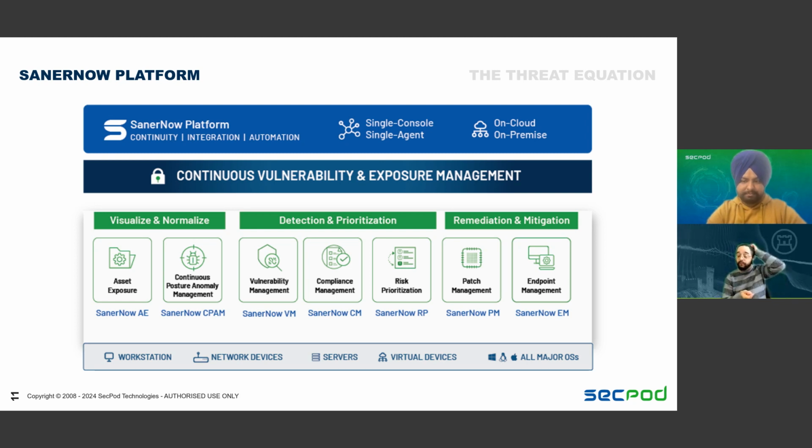Now, vulnerability management on its own is an oversight tool. It gives you oversight on how the rest of your systems are operating from the perspective of what vulnerabilities are out there, right? So once you've done that, you would then want to proceed into risk prioritization of some type, and you may need patch management.